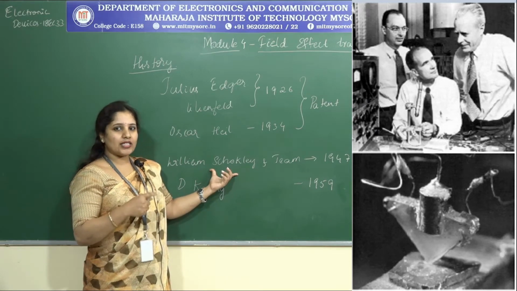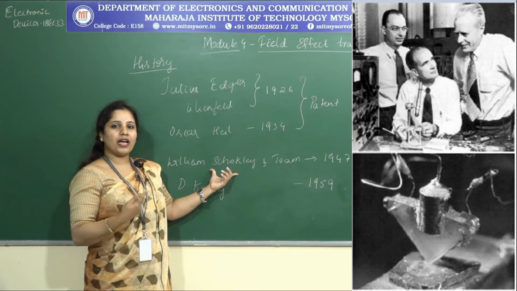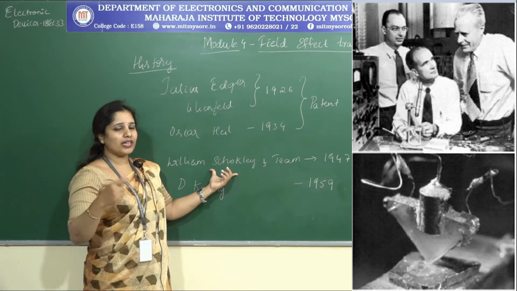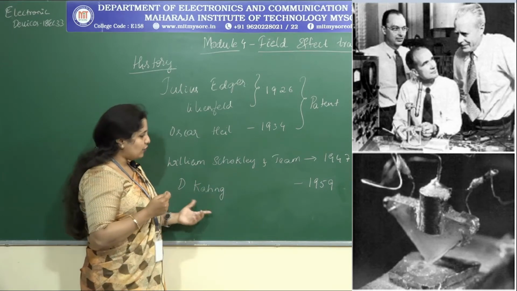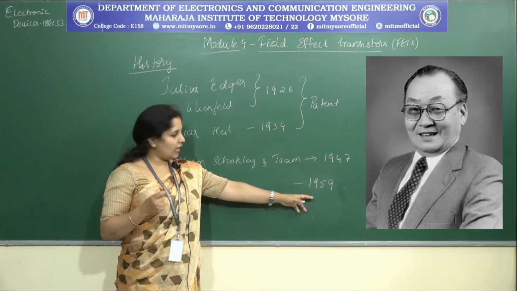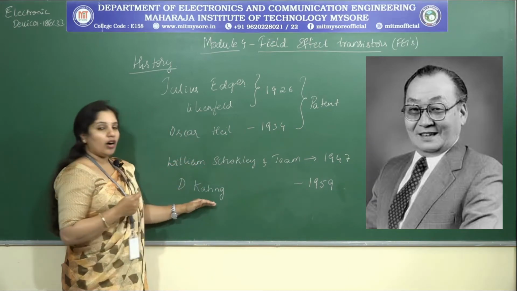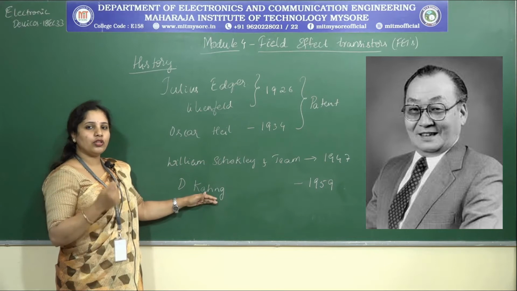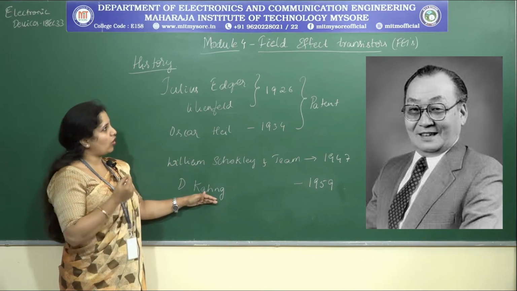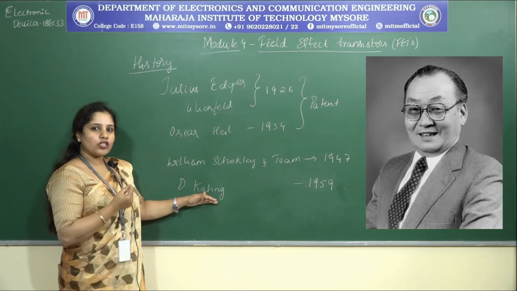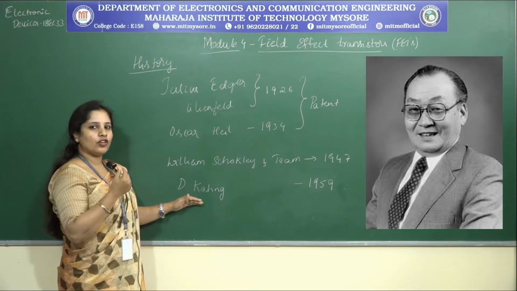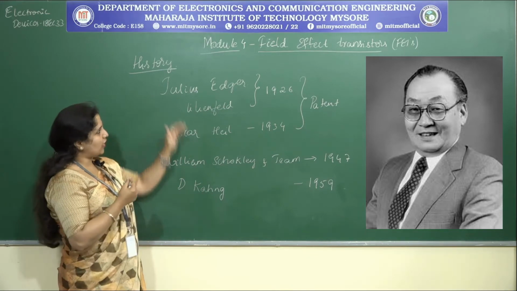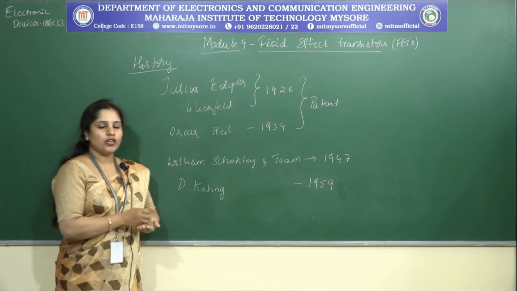And then once they tried to diagnose what was the reason behind the failure, that is where they came into existence of what is called point contact transistors. After a decade, in 1959, D. Kahng is the one who brought in what is called the MOSFETs. He was the first person to explain the working principle and to look into the MOSFET as a device as such, and this is related to the history of field effect transistors.